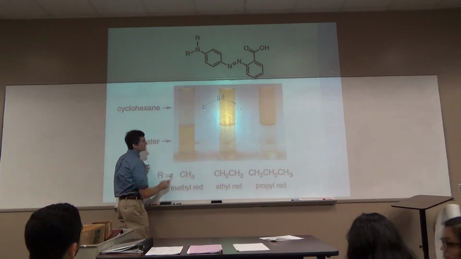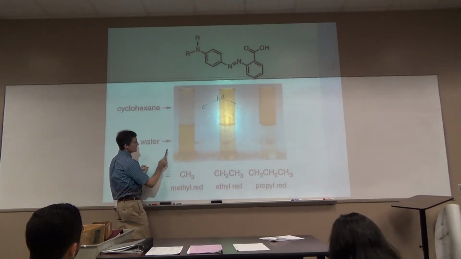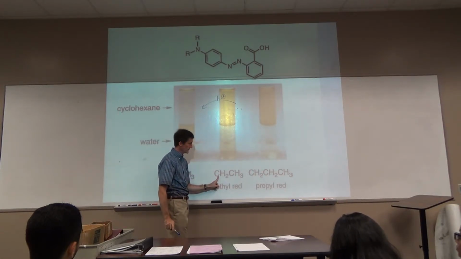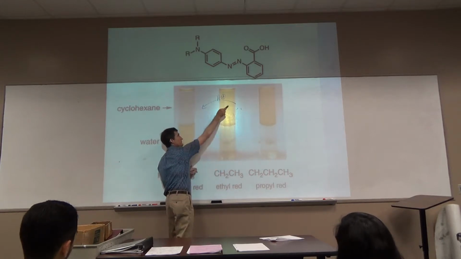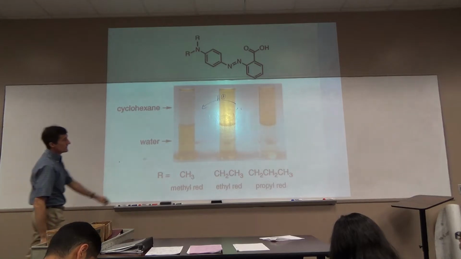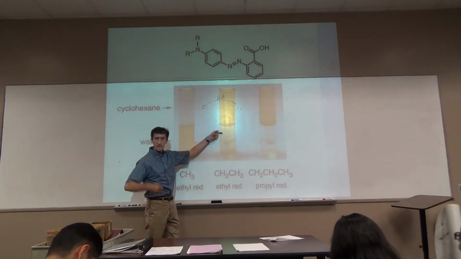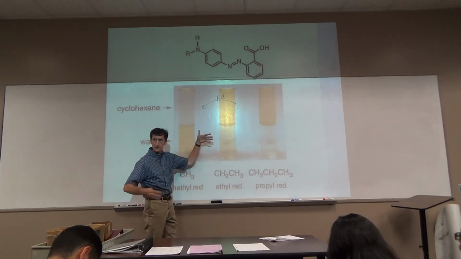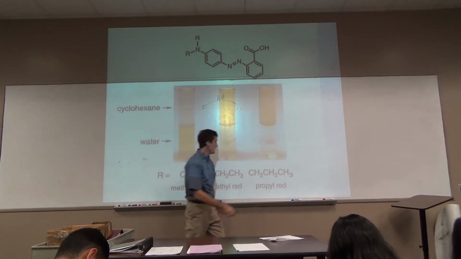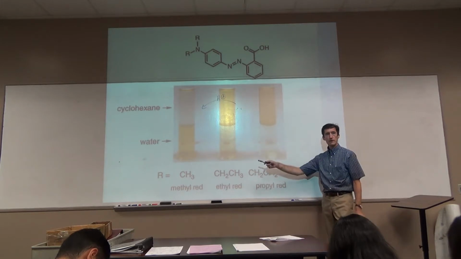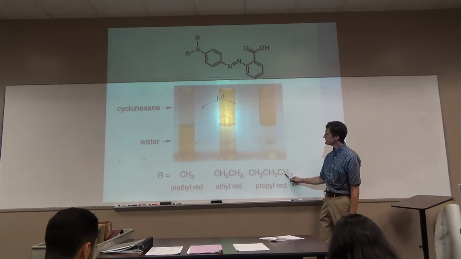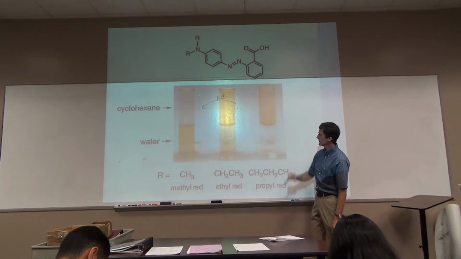Okay, let's see what we're trying to illustrate here. Both methyls, it prefers water. If we make them both ethyls, it's starting to prefer the cyclohexane. There's a little bit of yellow still in the water. This is after it's been shaken up, allowed to separate. So it tells you that you do have some still soluble down here. You make these propyl groups, methyl propyl. Everybody have watched the nomenclature video? Now even more prefers the cyclohexane.